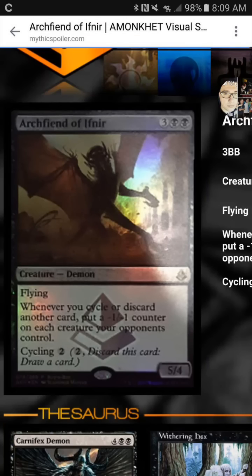Boom! New Amonkhet spoiler in the house. Archfiend of Ifnir is so good in Modern Living End. Wow, I'm actually excited about a Magic card. Welcome in. Much love, Trav here. I'm excited because this weekend I'm flying to Texas and I'm playing Living End, most likely